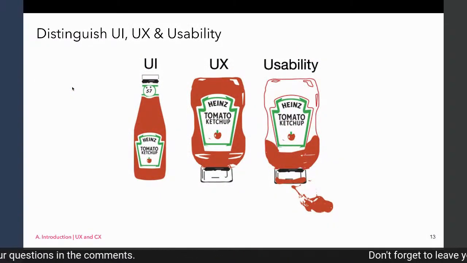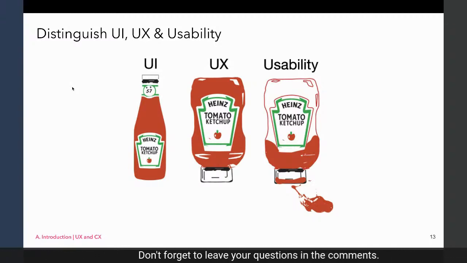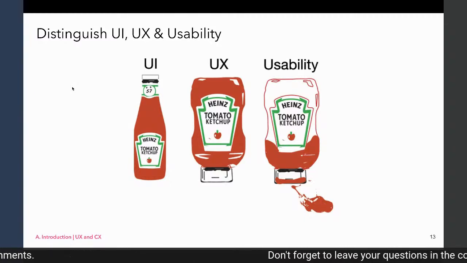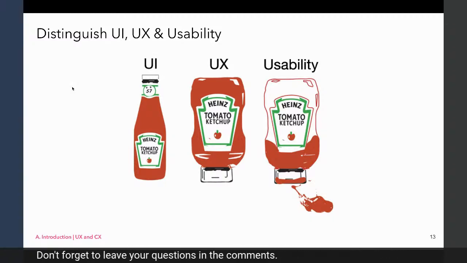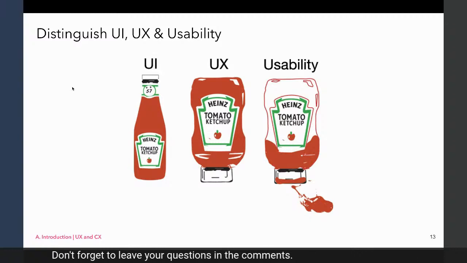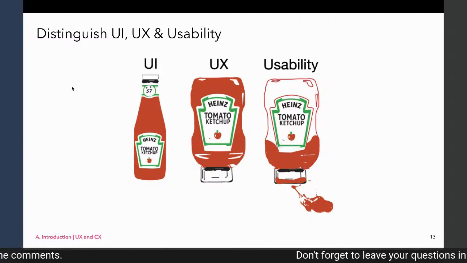These are just the common terms, again, in the world of UX. We have UI, UX, and usability. What are the differences? This is just to give you a quick illustration of what user interface, UX, and usability are. UI is really more of the user interface. When I say user interface, it's the colors, the logos, the illustrations, any icons that you see on how it was presented to you visually.